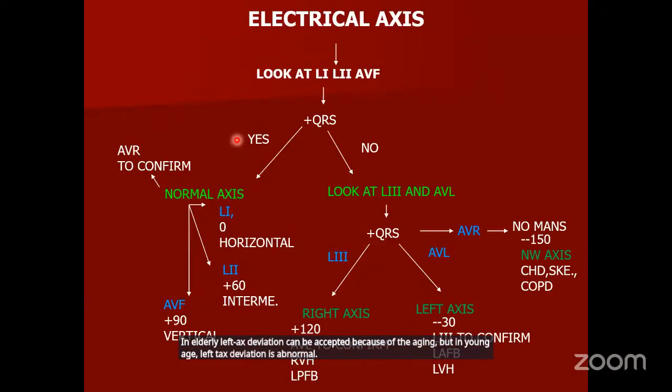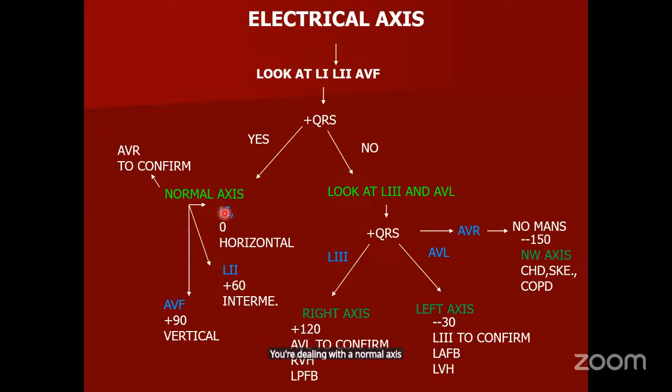So this is my final slide and final summary of the axis. Whenever you want to look at in which direction ventricular depolarization is traveling, look first at L1, L2, and AVF, which represent the normal quadrants. Any one of these 3 leads showing the tallest positive QRS complex, where the AVR is going to show the negative QRS complex, you are dealing with a normal axis.